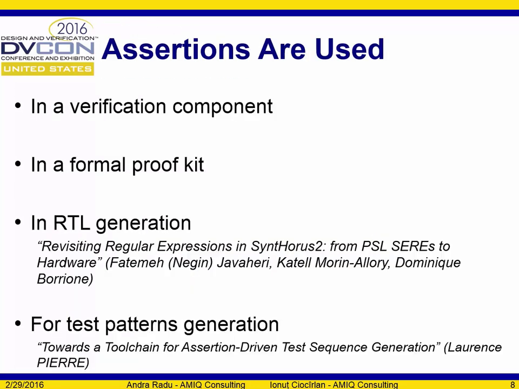Now, where are assertions used? They can be used inside the verification component. That can be, let's say, an assertion package inside the verification component, which could be a block environment, which tests the functionality of a design, or it could be inside the universal verification component that tests the functionality of a protocol or an interface. They can also be used inside the assertion package that is used in a formal proof kit,